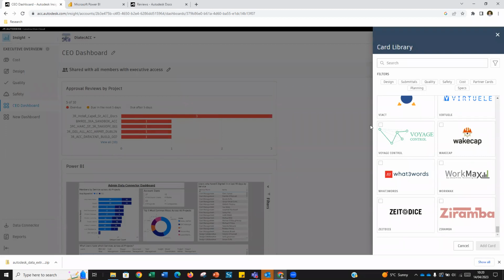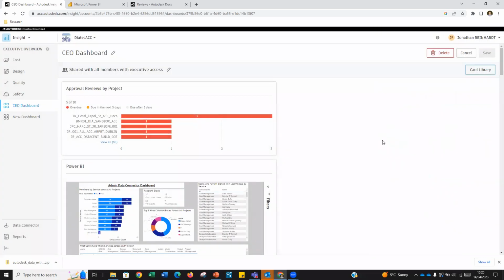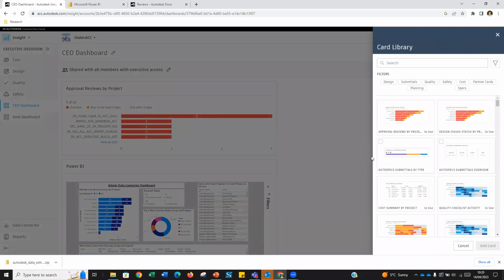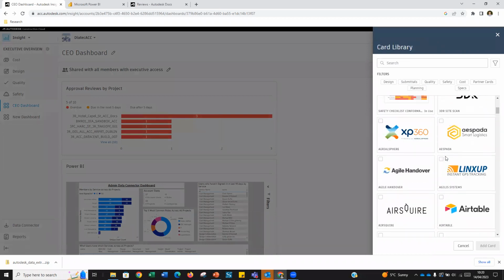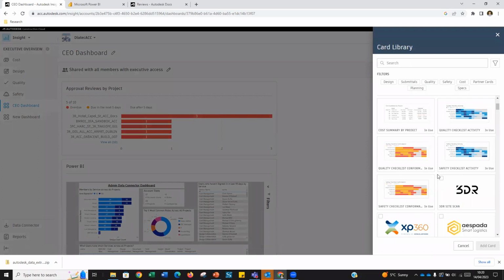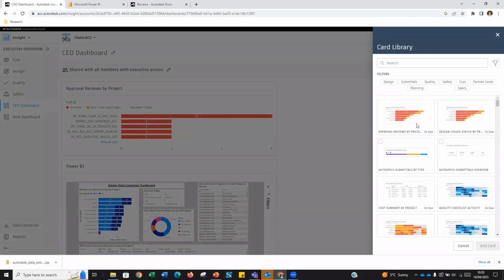So if you're working with external tools, which most organizations work with lots of different tools, of course, there could be a good integration there for you to use in that card library. And that's just from a reporting perspective as well. So I can customize that dashboard. I can choose whichever dashboard I want these individuals or these groups to see. And then I can just add that by selecting, I can say, okay, well, I